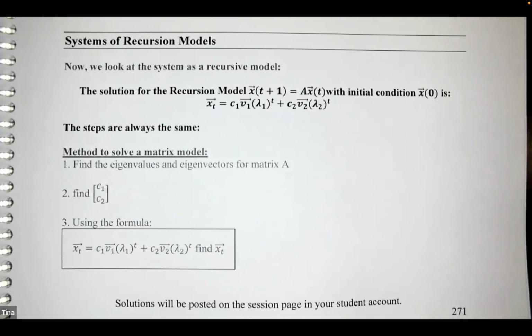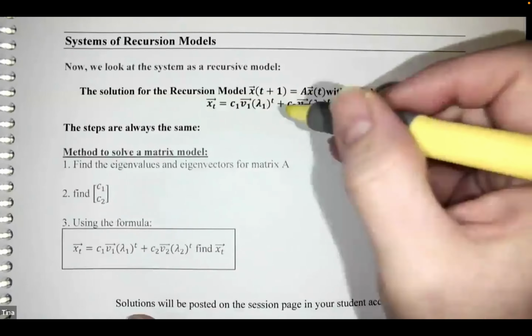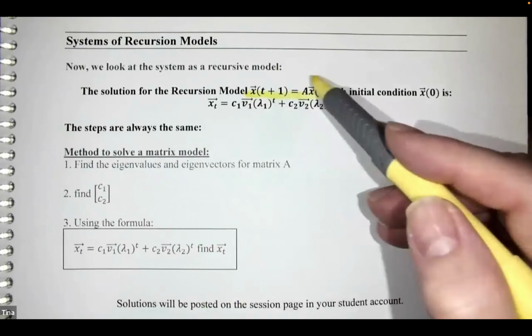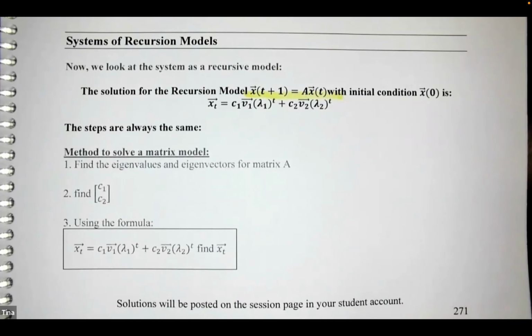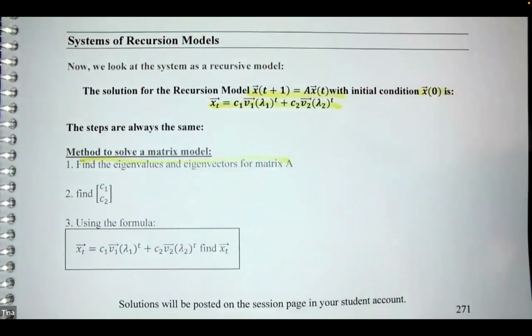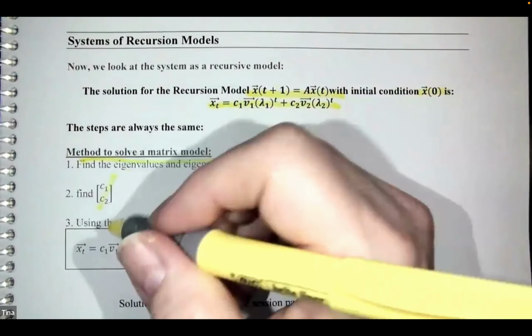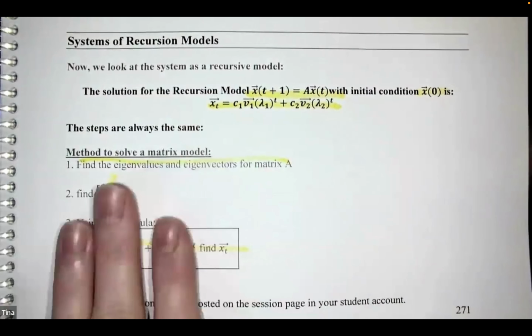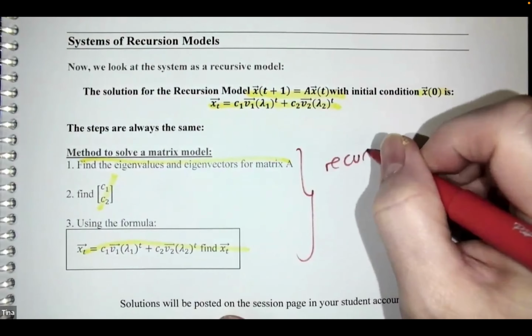Okay, so when you're looking at a recursive model, don't forget, you're looking at some kind of recursion. So whether it be t plus 1 and t, or t and t minus 1, doesn't really matter, right? And we already know the formula, because we talked about it at the start of this section, for x naught, or x of 0, will be given. So again, same as before: find the eigenvalues and eigenvectors, find the constants, and then use your formula. When it's recursive, with an xt plus 1, xt, or t and t minus 1, there's not going to be any e in here, right? This is a recursive model,